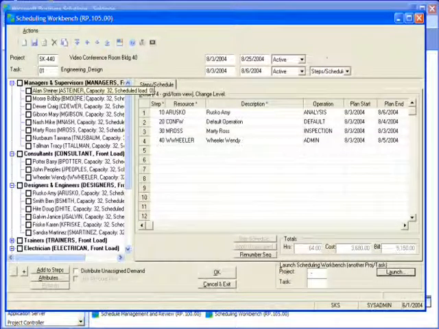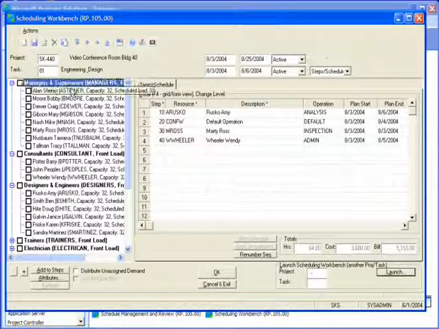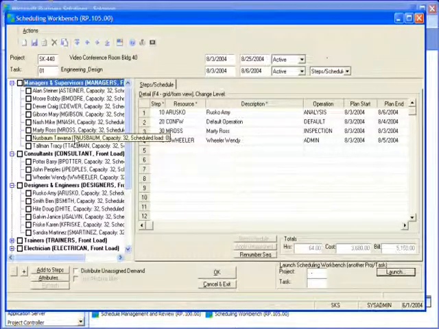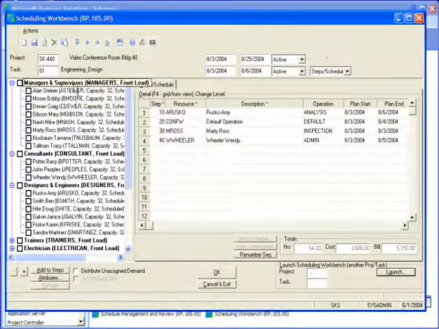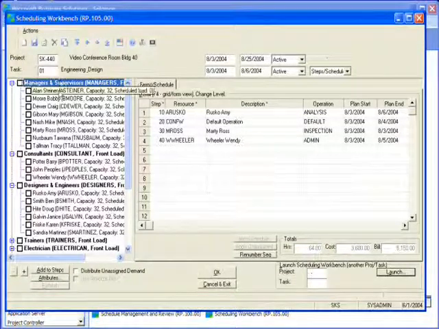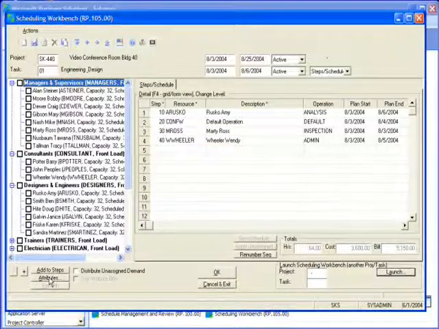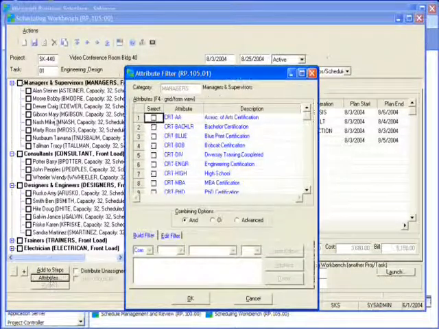Yeah, sure. If I highlight on managers, for example, see, we can create and define as many attributes as we want in the system, an unlimited number. And then we can assign as many of those attributes to a resource as we want. Then what we'll do is when I highlight on this particular resource category and I click on attributes, what it does is it goes in